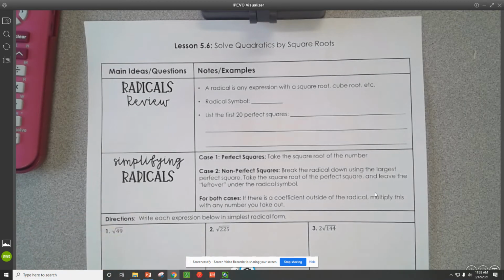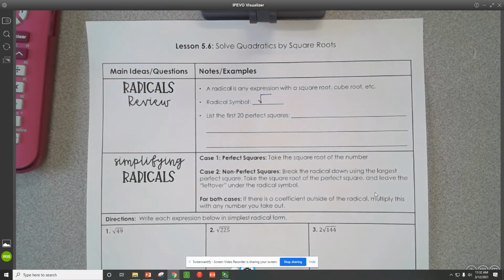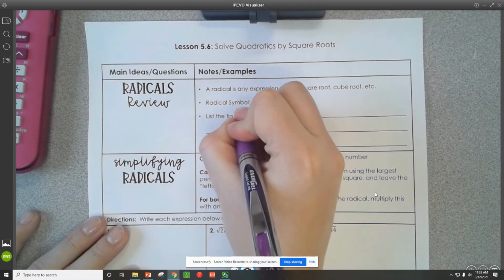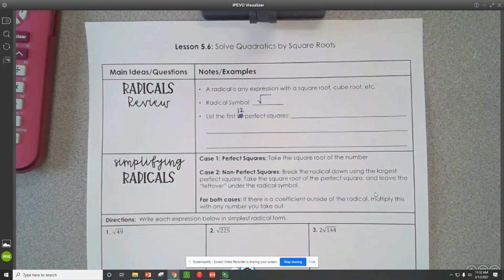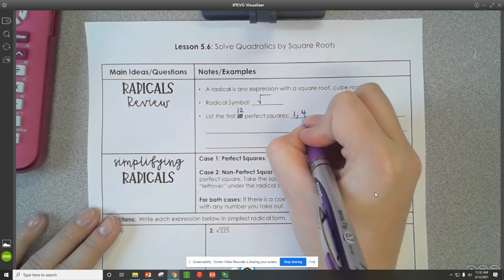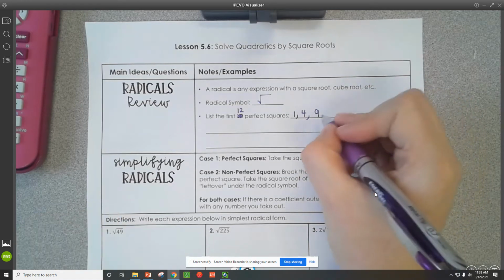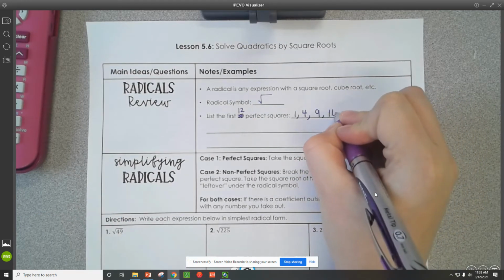A radical is any expression with a square root, cube root, any kind of root. And that symbol, you're used to it, looks like that. And so we're going to list out the first 12 perfect squares. A perfect square is like 1 times 1 is 1. 2 times 2, 4. 3 times 3, 9. And if we keep going all the way up, we get 16,